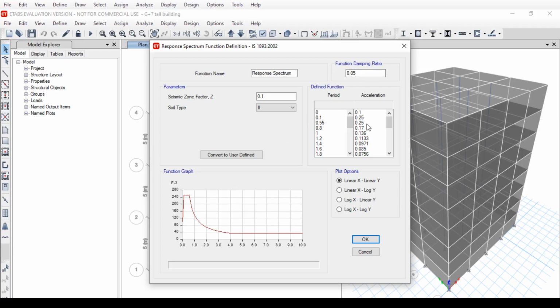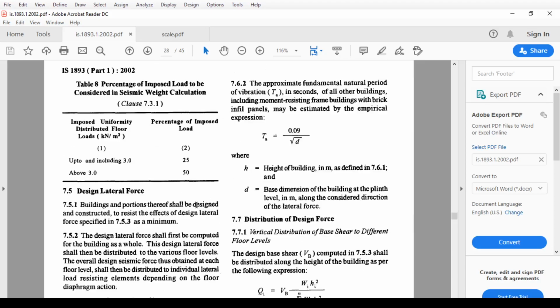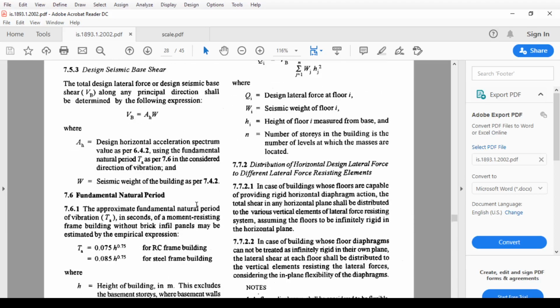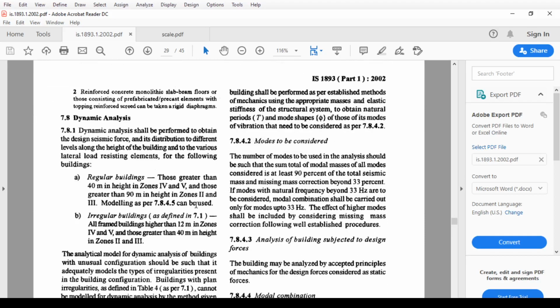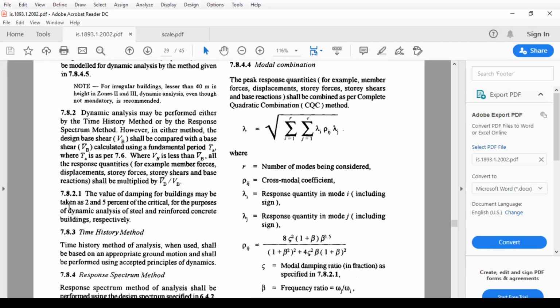You can see in the IS code clause number 7.8.2, 7.8.2.1, the value of damping for welding may be taken as 2 and 5% for critical and for partial damping steel and reinforcement. We use RCC, so we take 5%, that is 0.05.